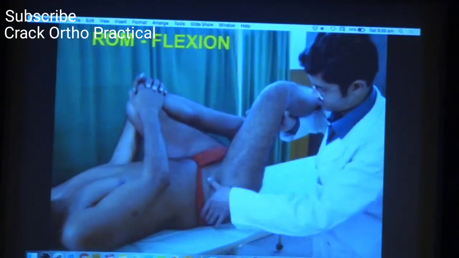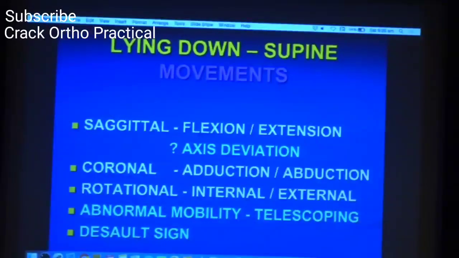As far as the coronal plane mobility is concerned, again the same principle. You first reveal the adduction or abduction deformity and then see whether further movement is possible in the same direction as the deformity. So if you have an adduction deformity of 10 degrees, is any further adduction possible? Because it is unscientific to talk about the opposite movement. So if a patient has an adduction deformity, we never comment upon the movement of abduction. This should be very clear to you.